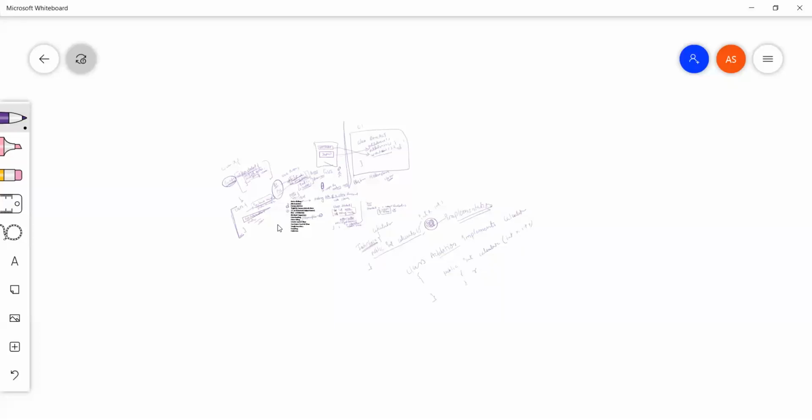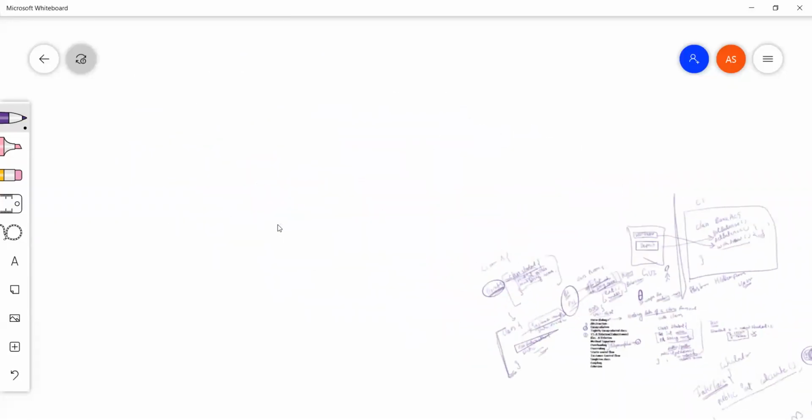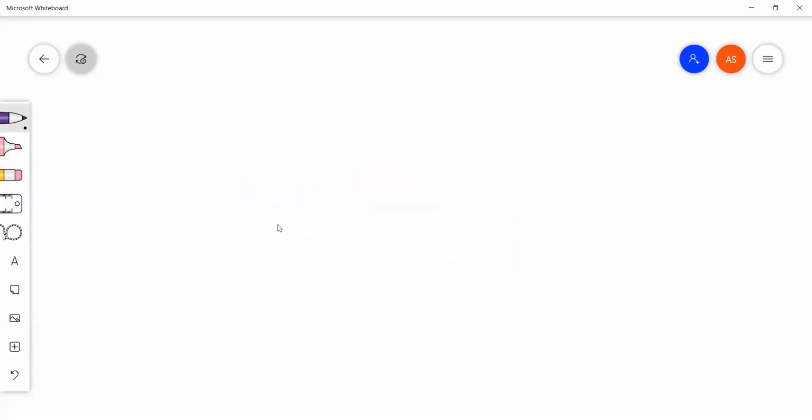We are going to build a loan application, for example. So loan can be a personal loan, car loan, or home loan, let's say.